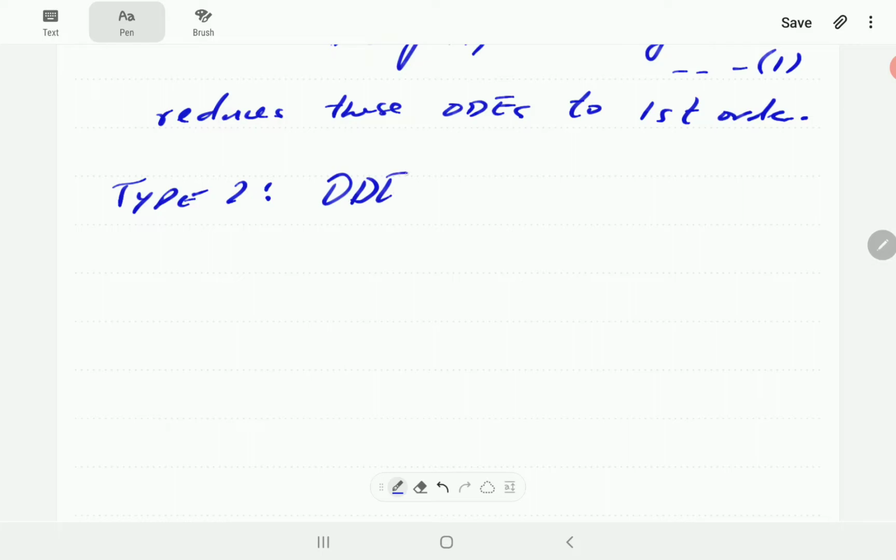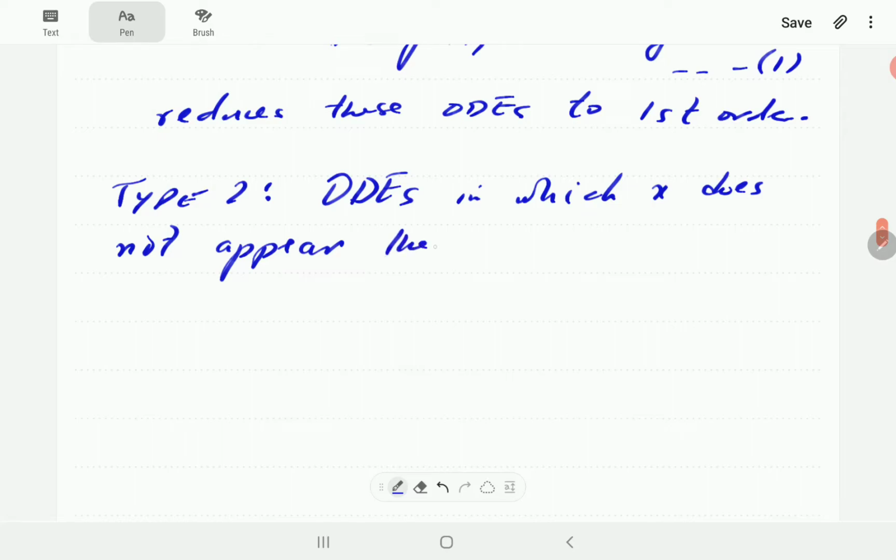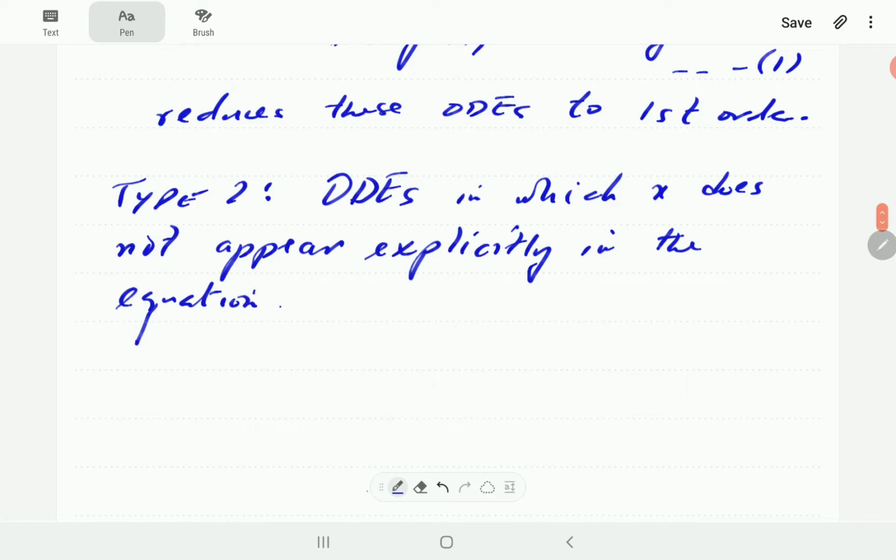So let's write ODEs in which x does not appear explicitly in the equation. So for those ones, the substitution,